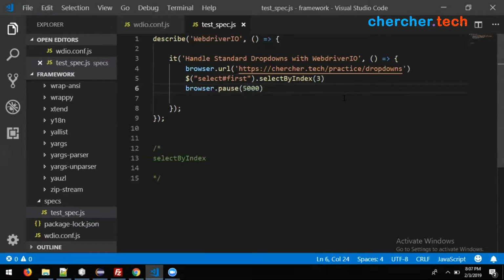Select by index is nothing but the selection happens based on the indexes present in the dropdown. The first option will be indexed as 0, the second option as 1, and so on. So this is the first way, and the second way would be, so consider